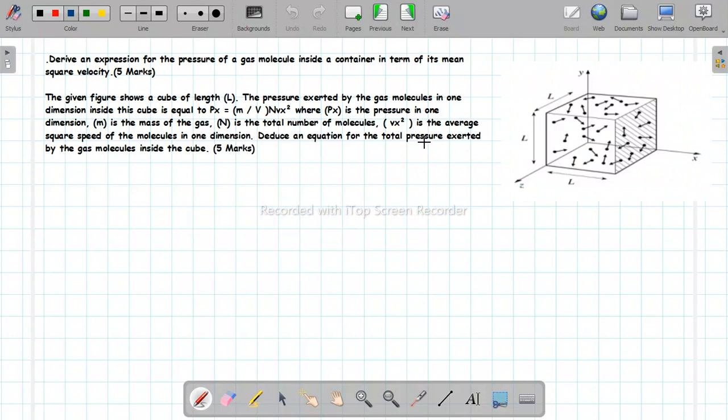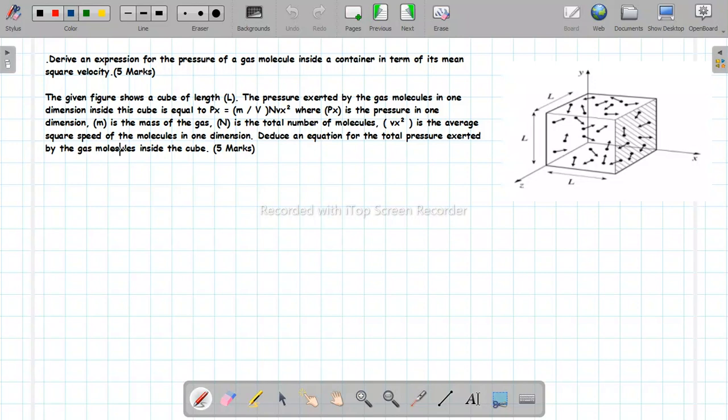These are the sample questions from past papers. Let's just see. Derive an expression for the pressure of a gas molecule inside a container in terms of its mean square velocity. And then, given figure shows a cube of length L. Pressure exerted by gas molecules in one dimension inside this cube equals Px = (m N / V) Vx²,